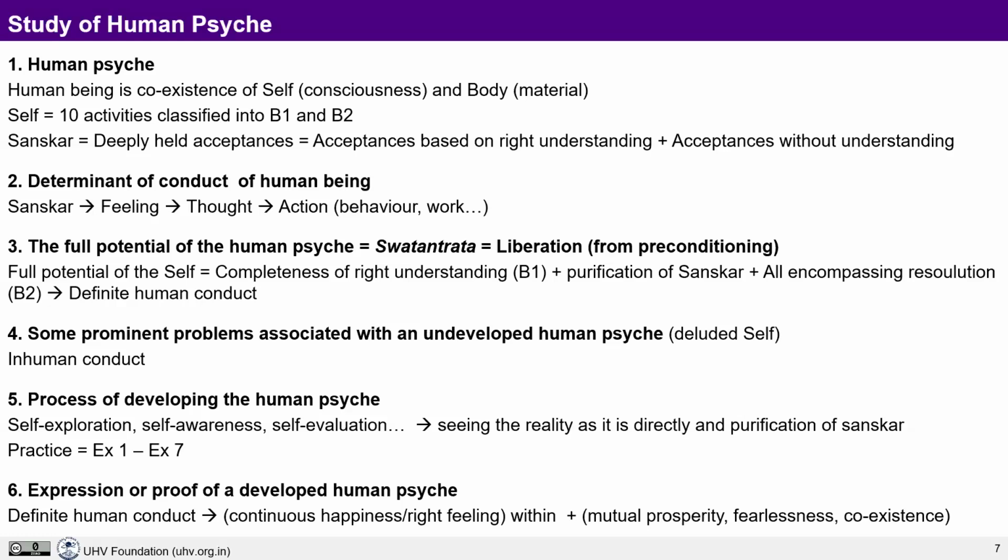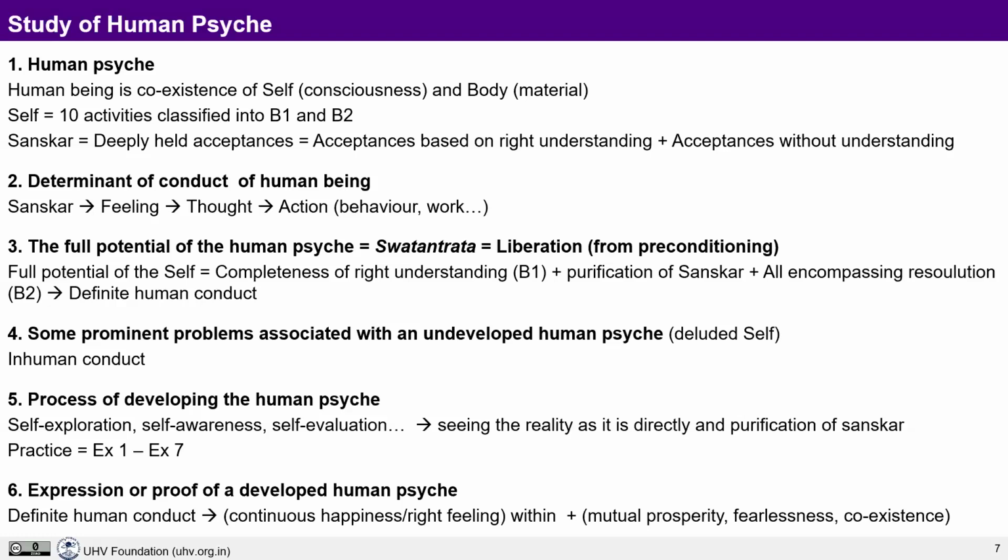And then we can have exercise 4 over behavior, exercise over work, and so on, going up to undivided society and universal human order. And these exercises will help us to develop our full potential and ensure the definiteness of human conduct at every level of living. So this is something that has come as a proposal to us. We are already in this process. Those of us who have not been attending the morning sessions, it would be my humble request that they go through the morning sessions, whatever be your constraints, try to utilize the technology and the gadgets to the extent possible so that you are able to be a part of the morning sessions.